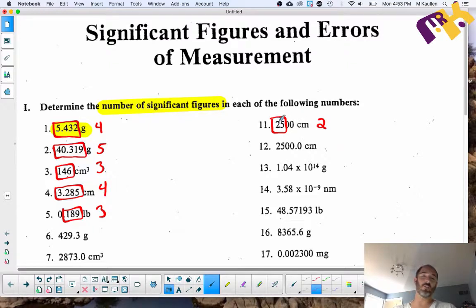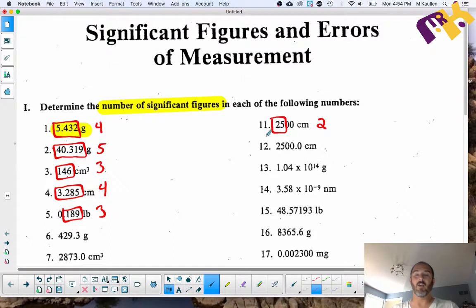Now you might ask yourself, well, why is it only 2 sig figs? It's 2,500. There are 4 digits there. Why only 2 sig figs? Well, consider the values being given in this measurement. We know the 2 with certainty. We know the 5 probably with certainty, but this could be our estimated digit, or it's even possible that it's right on the line or something, and so we would put a 0 down. But then this extra 0 is simply a placeholder. It's not necessarily found on the measuring device, and so